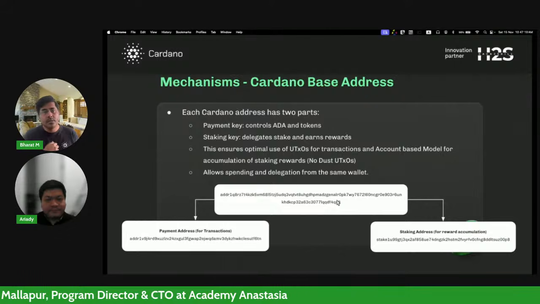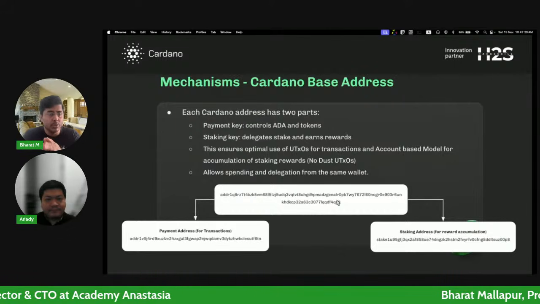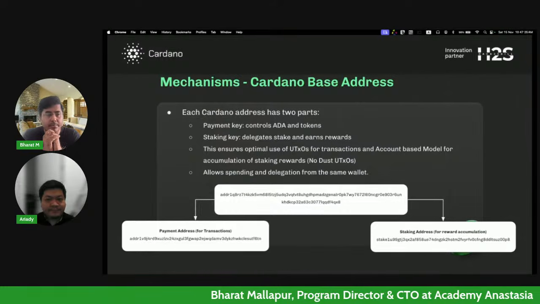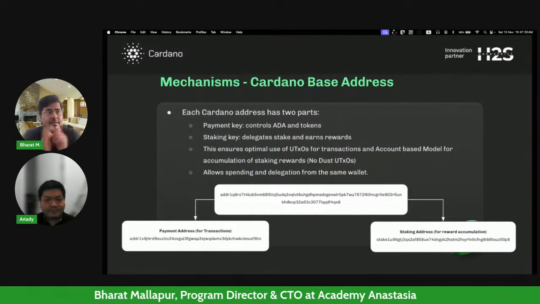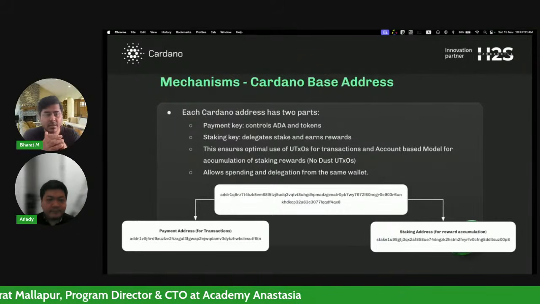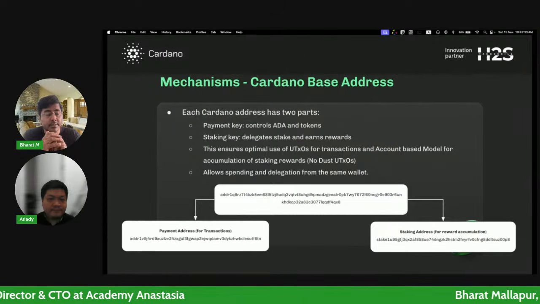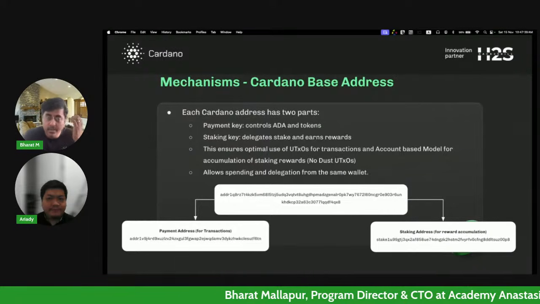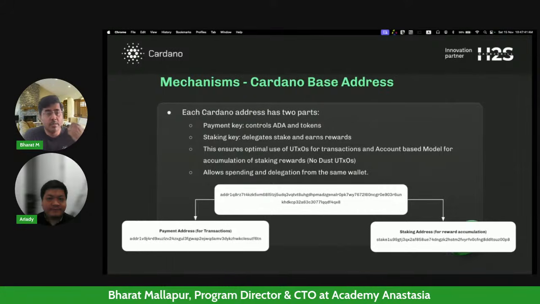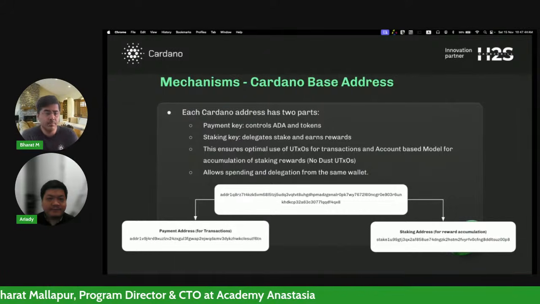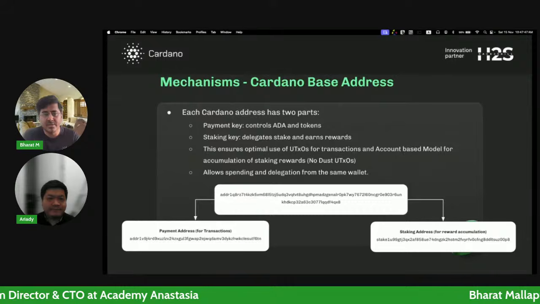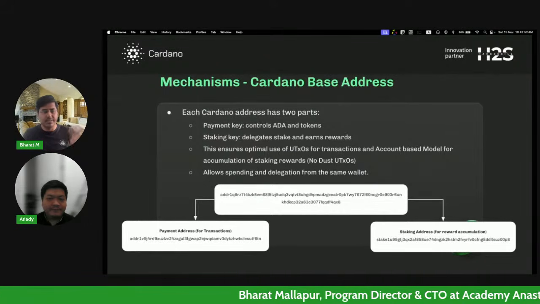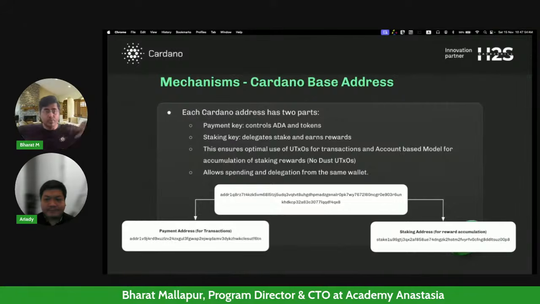Why? Because Cardano is a UTXO based blockchain, which means, let's say, for example, I have 500 ADA, and I stake 500 ADA, and every 5 days I'm going to receive some rewards, maybe annual returns of 4% or 5%. So that's going to be literally maybe 0.1 ADA, 0.2 ADA in some cases. Since I'm getting these rewards and I want to use them, that means I would have a lot of something called dust UTXOs. Dust UTXOs are UTXOs of very small value, so it becomes very difficult to manage them, and there's a proliferation of dust UTXOs.